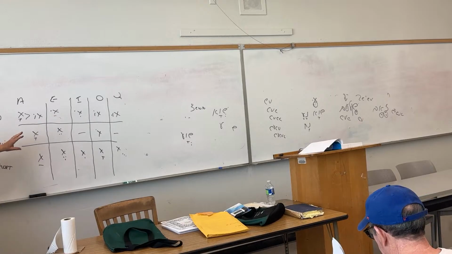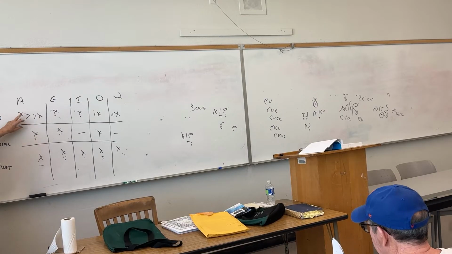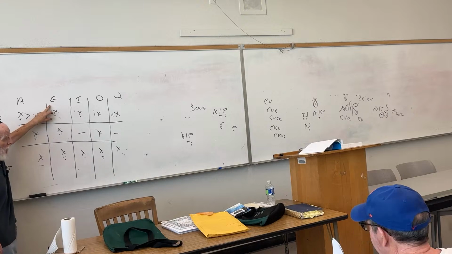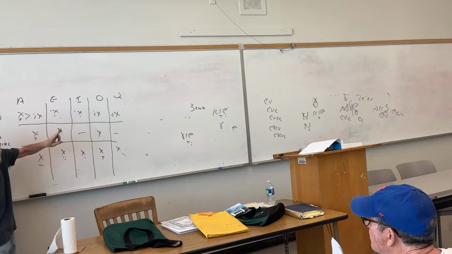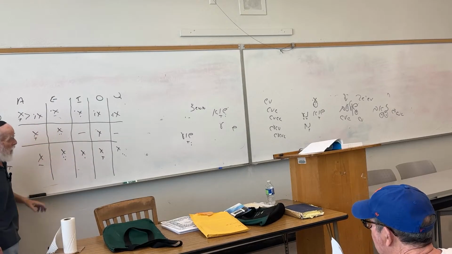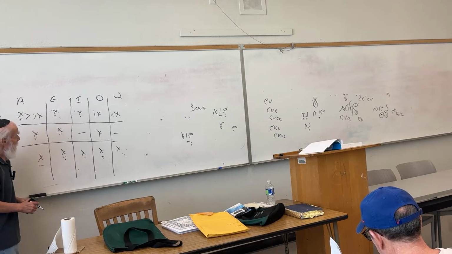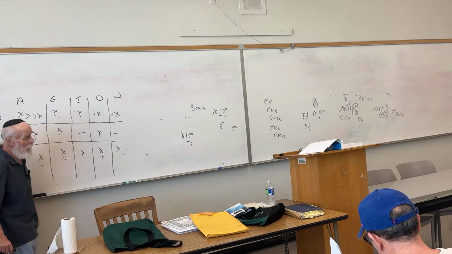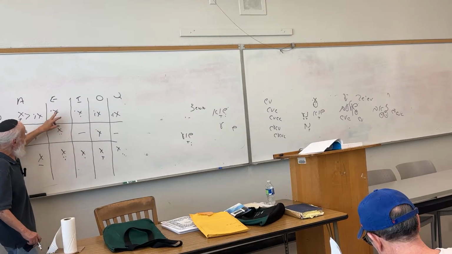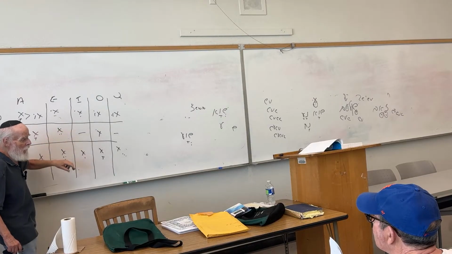The letters A, E, I, O, U give the following sounds. The letter A stands for the ah sound. The letter E stands for an A sound or an S sound. The letter I is an E sound. And here's where the confusion comes in. If the letter I is an E sound, why don't you put the letter E up here? Because we don't. The letter E for our purposes is A or E.